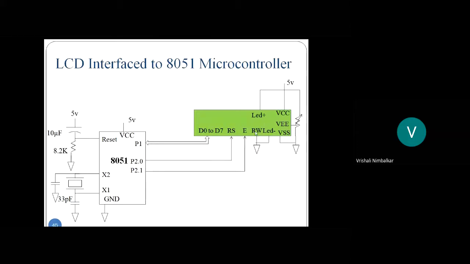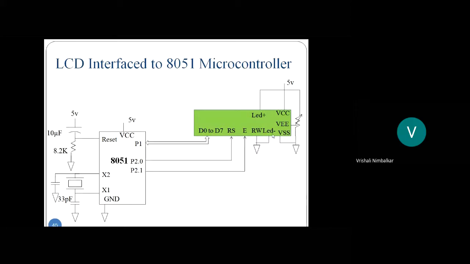Right? When does it read? I will tell you all when we complete this part. But for this interfacing, the microcontroller is always going to write to LCD. So R/W bar is grounded permanently. Right? So one control signal is permanently fixed, grounded. The other two control signals: RS, register select, is connected to P2.0. Enable is connected to P2.1. So that's how we interface LCD to microcontroller. Port 1, data lines. 2.0 is the register select. 2.1 is the enable. Is that okay?